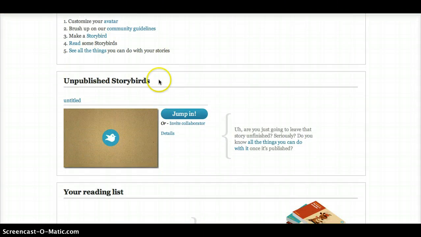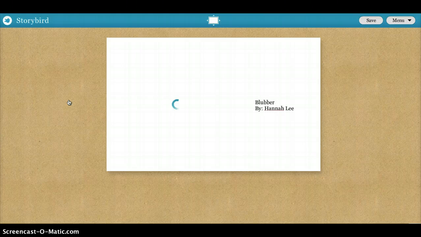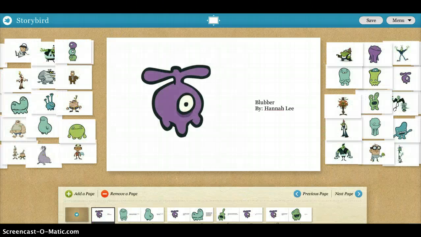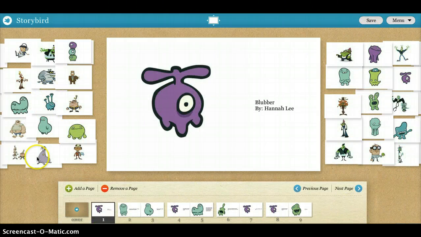And as you can see here, it says unpublished Storybirds, which means that they're still in the works. So I'm just going to show you guys how to get there. You're going to click on it, and this is your main screen for creating your Storybird. Okay, so as you can see, just to make things a little bit easier with instructing this, I've already created